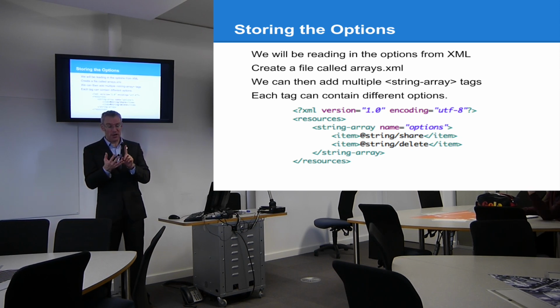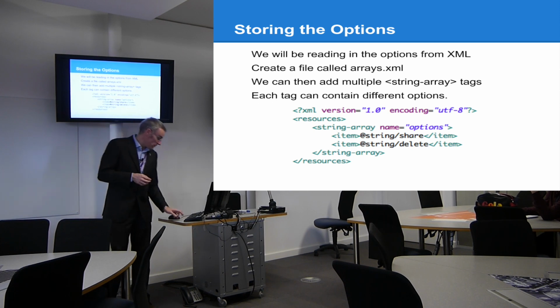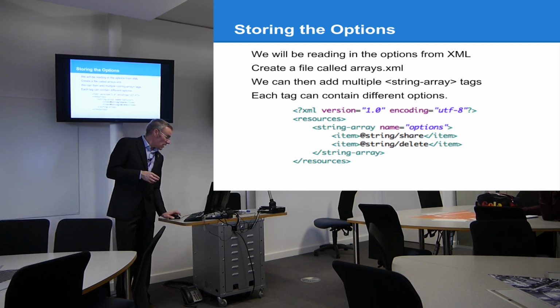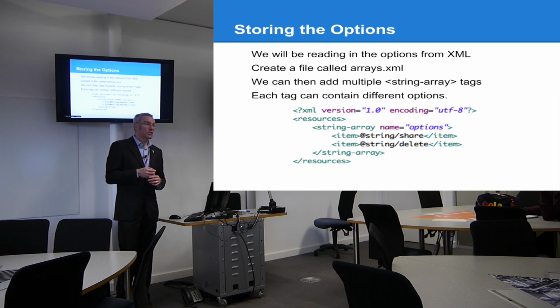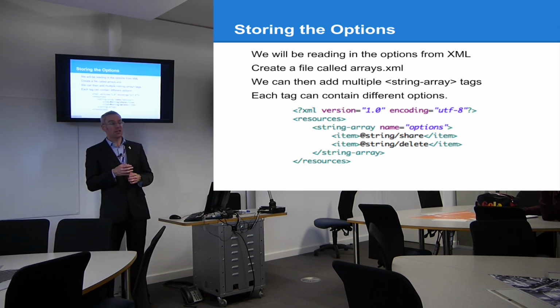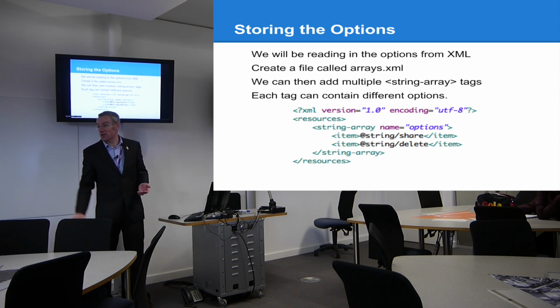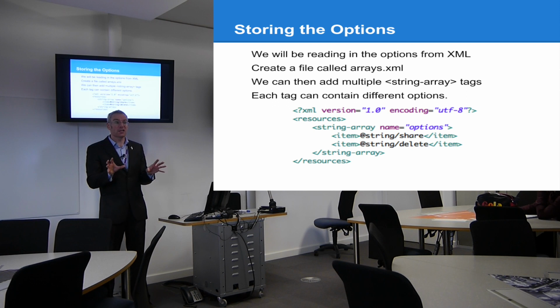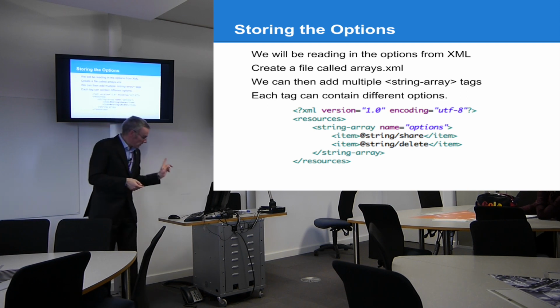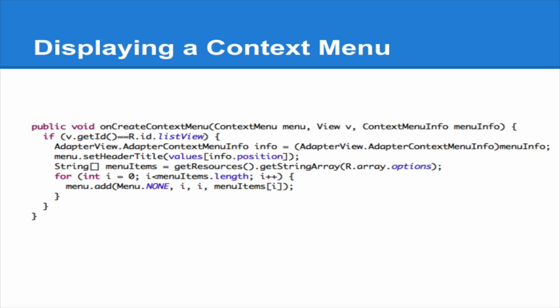Just like we did with strings, values, dimensions and colours, we're going to store our values in an XML file. I tend to call it arrays.xml. That's not standard. You can put it in any of the XML files, because remember, that string array is the key. That's the name of the tag. So you can mix it in with your strings if you wanted, or with your dimensions or your colours. Because I like everything nicely organised and structured, I tend to keep my arrays in their own file. So I've got my string array, and then we've got this